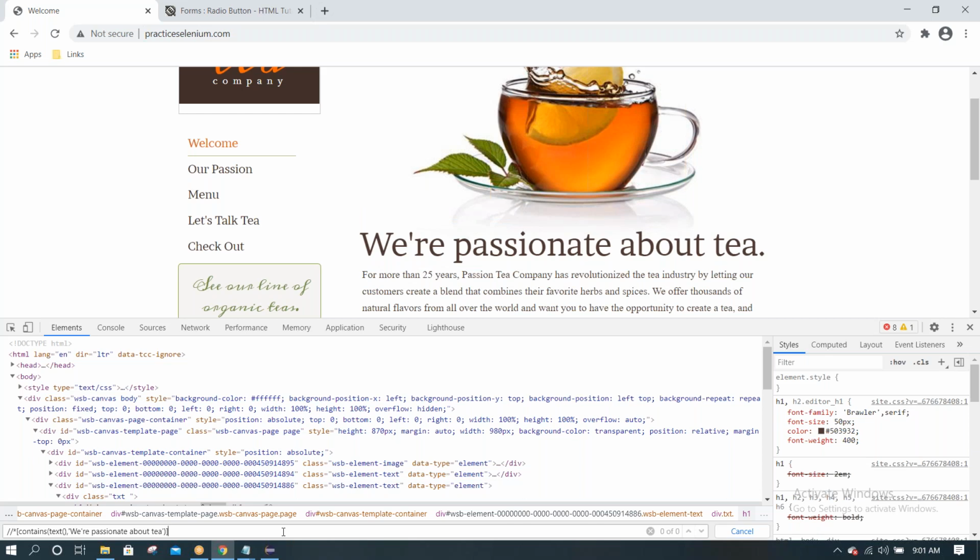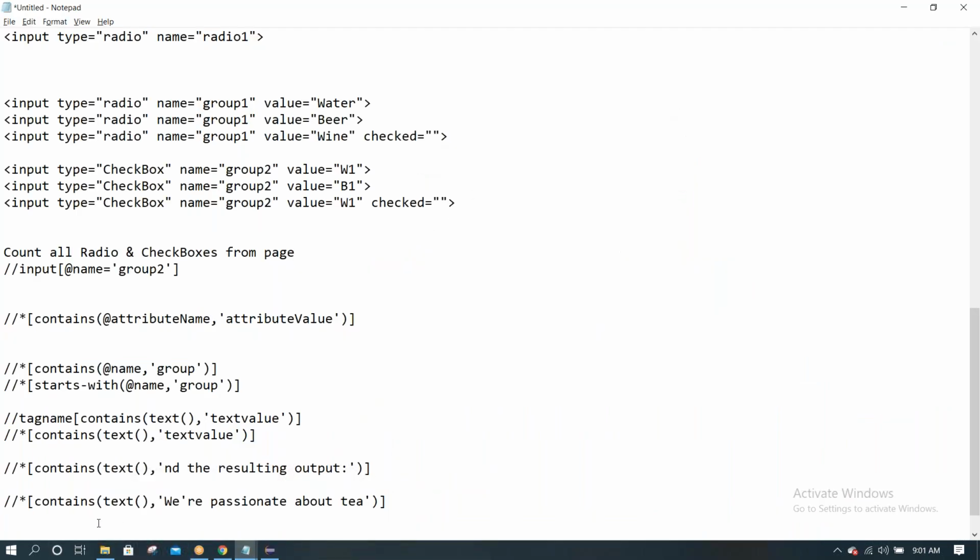This is not working. Any syntax errors? Okay, try this. Contains open here, closed here, text vector.